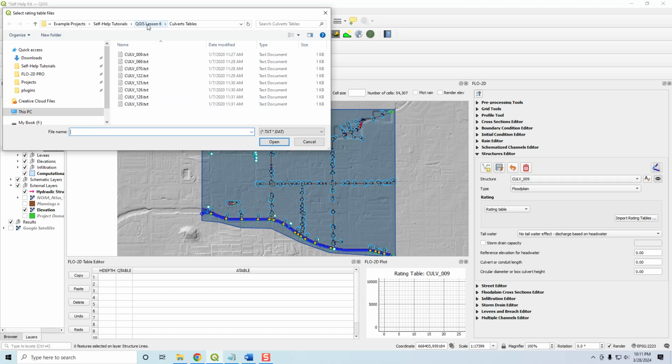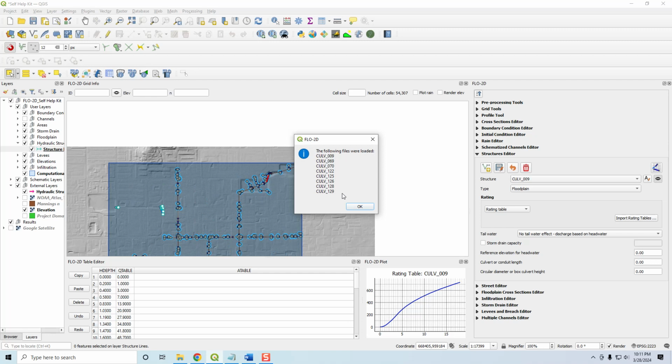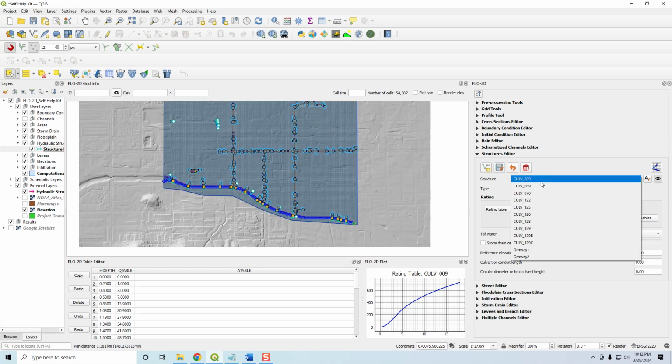And if you're in lesson 6, there's a folder called culvert tables, and we want to select all of them and click open, and it says that all of these were loaded. So we can see everything is accounted for except the 129A or B and C. So we can set those up now. So let's go to 129,